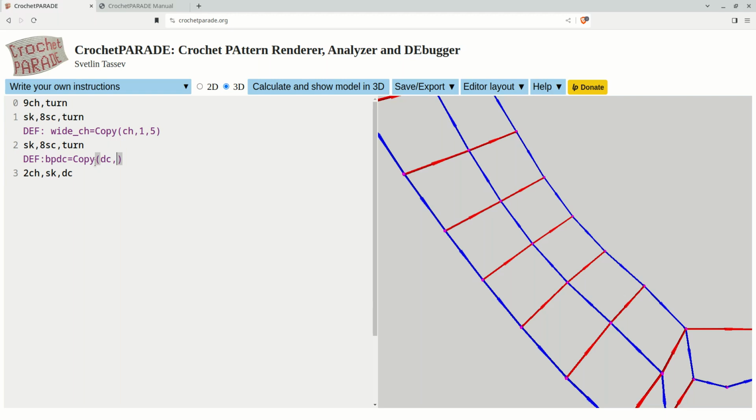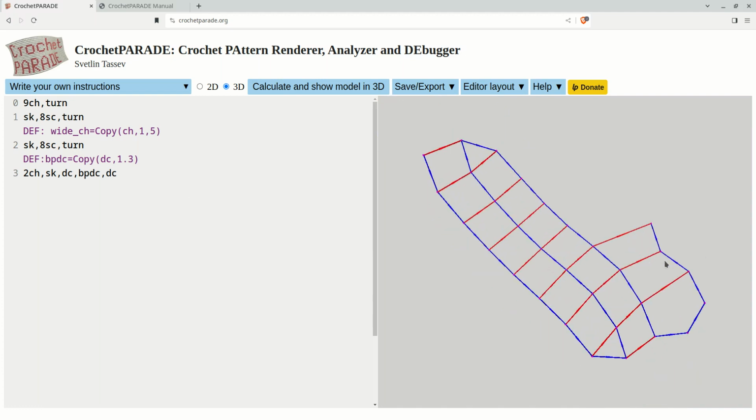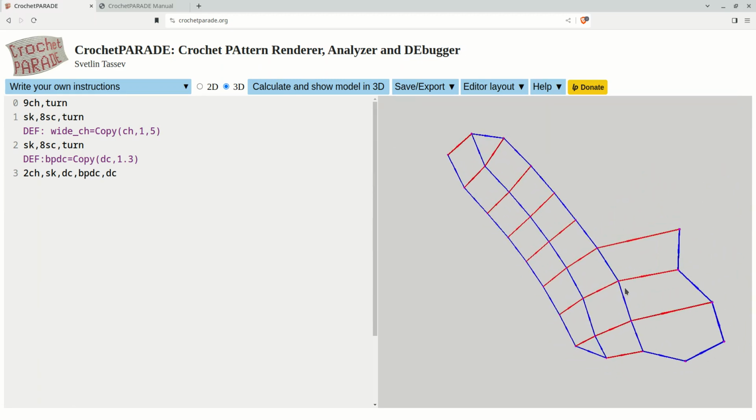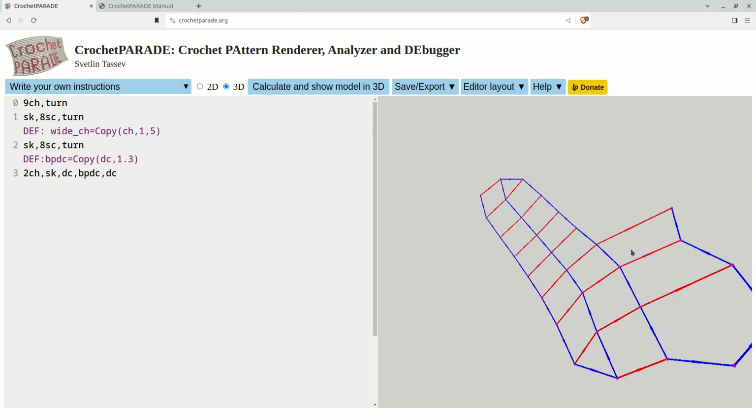So I'm going to copy the double crochet stitch. I'm going to just make it less tall, let's say 1.3 units tall, and the width you actually don't need to specify, it's an optional argument. So after this double crochet here, I'm going to do a double crochet behind the post, and then another double crochet. And you can see the double crochet behind the post is a little bit shorter, but again, this is the best this code can do. Of course, you can make it more complicated by attaching it here somewhere,